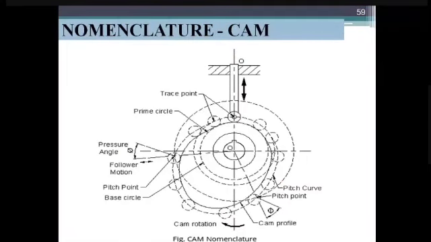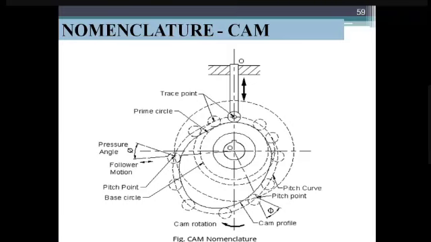So what about the nomenclature? Like gears, we have some nomenclature here. So what about the cam profile, base circle, pitch curve, prime circle, pressure angle? Everything we have known well. But anyway, a small introduction about the cam profile: at last we can get the cam profile through the pitch circle, joining points, which is the bottom of the roller. We can make some trace by the curve and draw a curve. It's not a circle, it's a curve. At last we can get the cam profile.